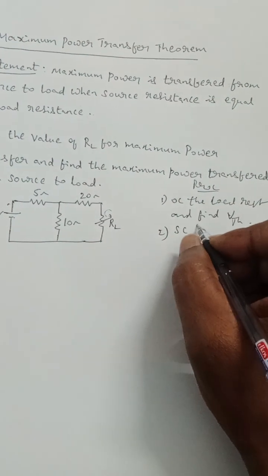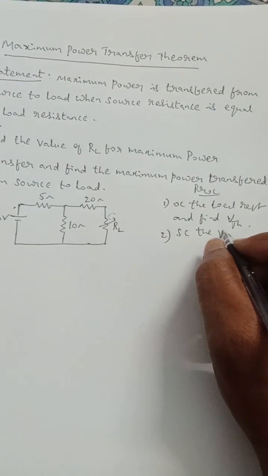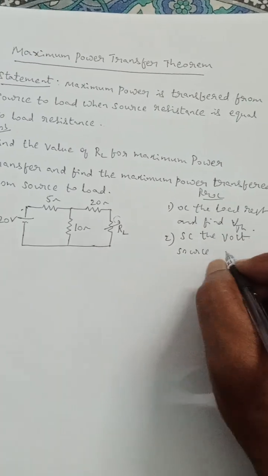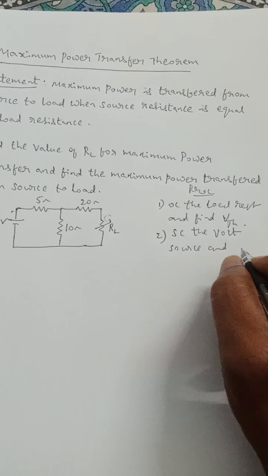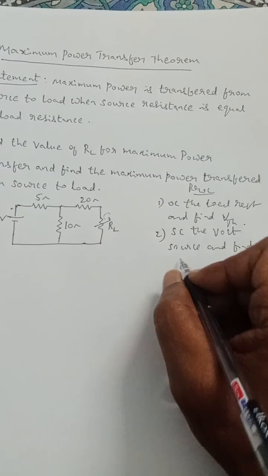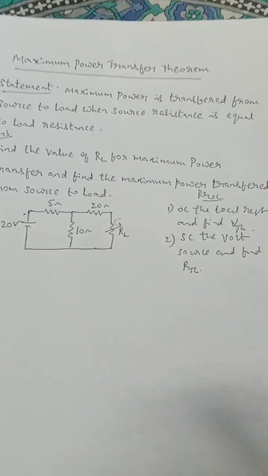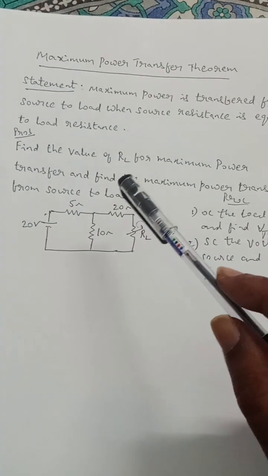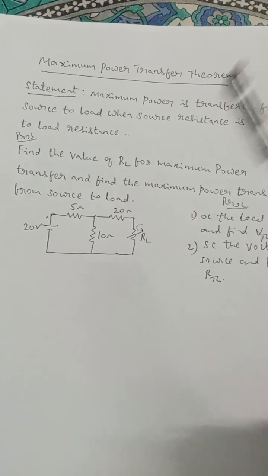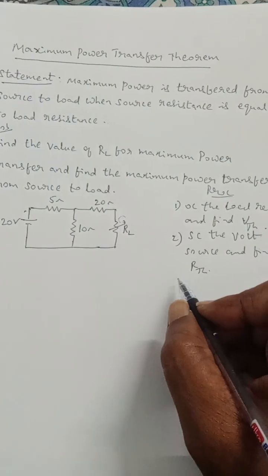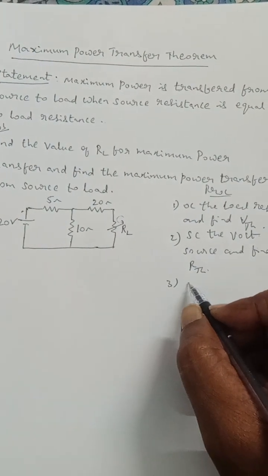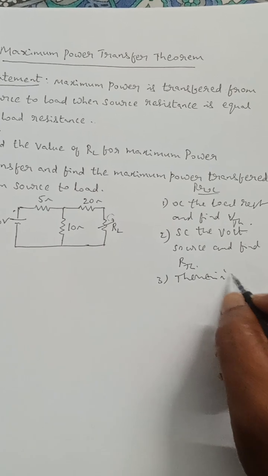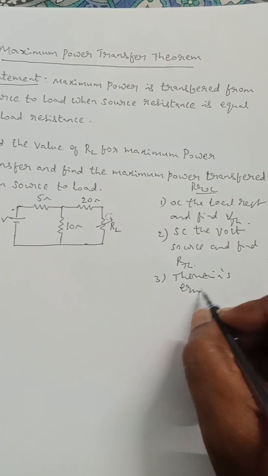Short circuit the voltage source and find R Thevenin. Suppose in place of a voltage source there is a current source, we open circuit the current source. Okay, now replace the circuit by Thevenin's equivalent